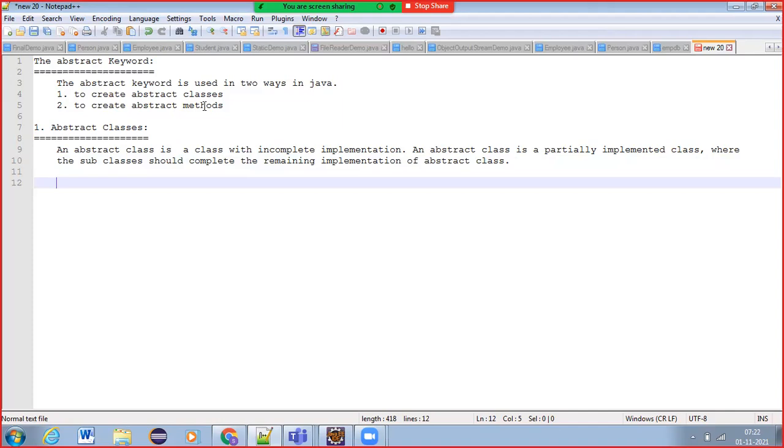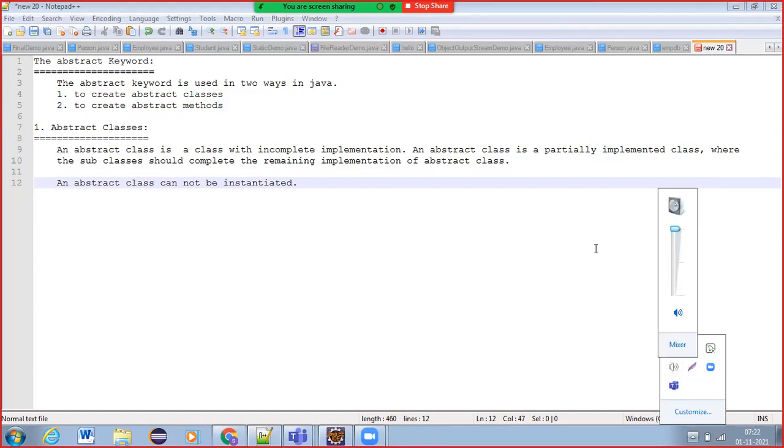What else can we say about an abstract class? An abstract class cannot be instantiated. What does instantiation mean, guys?